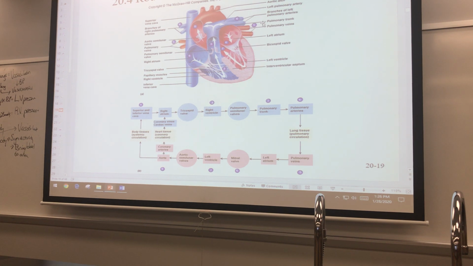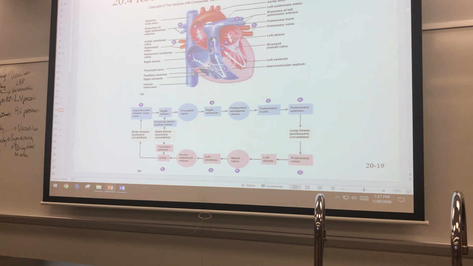Now, freshly oxygenated blood from the lungs gets carried in through the pulmonary veins. Then it goes into the left atrium, like we just mentioned. Then the blood goes through the mitral valve. So remember, anything we see as bicuspid, we use mitral. It goes through the mitral valve into the left ventricle. The left ventricle then contracts to eject blood through the aortic valve into the aorta, and into the rest of the body. So it seems like there's this sequence, but keep in mind, if there's that sequence